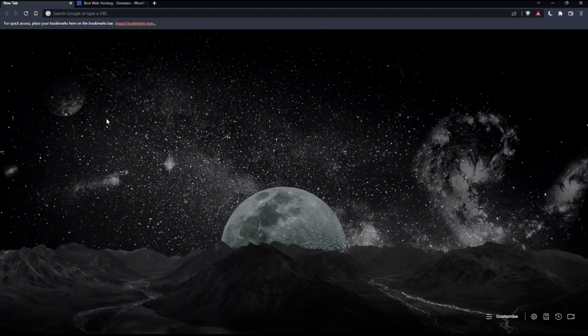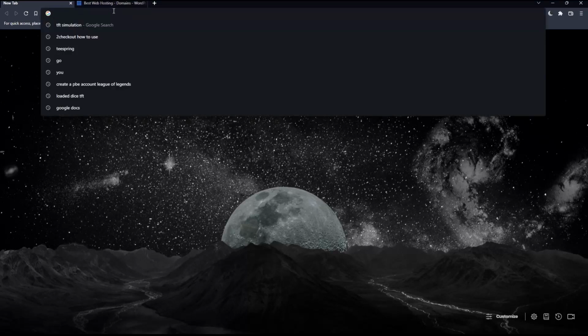So the first thing we'd like to do, of course, is just go and open whatever browser you're going to use to follow this tutorial's steps. In my case, I'm actually using Brave, but of course, you can use any other browser that works for you. Once you open that browser, make sure to go into the URL section and simply type